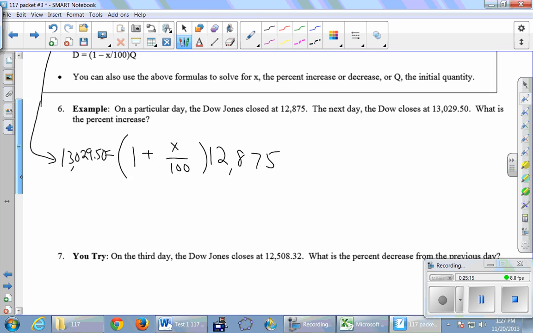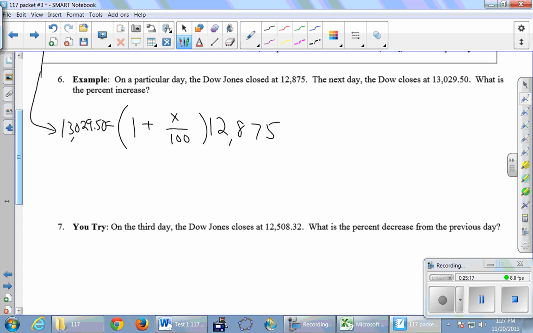There's an easy way and a hard way. The hard way is to distribute this 12,875. So you guys know you're supposed to multiply that by each of the two terms, right? Maybe if you had Sandy, you called it a lobster claw. Okay, that's the hard way. Easy way is to just say, okay, right now, somebody has multiplied by 12,875. What's the opposite of that? Divide by 12,875. So let's do that both sides. Most of the semester, we've avoided doing lots and lots of algebra. Today, we can't.